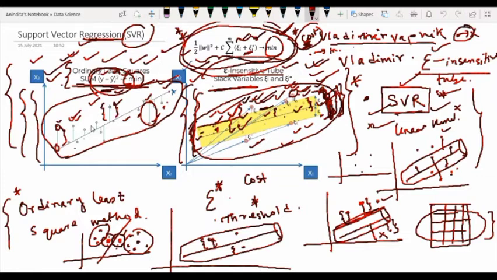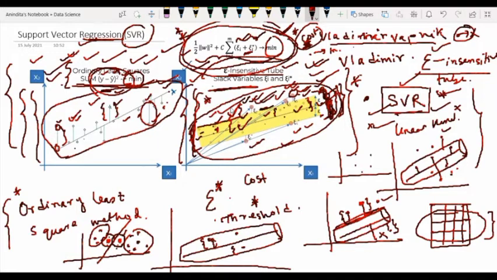Any idea? Ma'am, I think we can. Actually, any data point on the 2D plot, we can call them vectors. But generally we don't use this term when we are not using the support vector machine concept, because in the support vector machine concept we have two concepts, support vectors and vectors. So now my question is, here which one is the support vector?